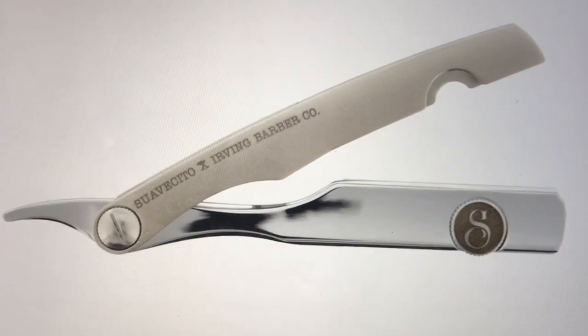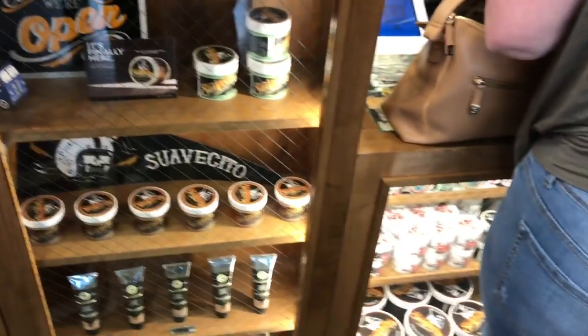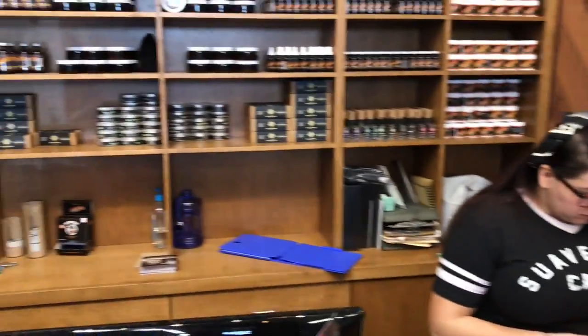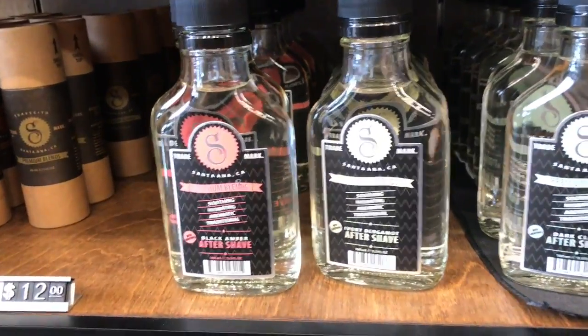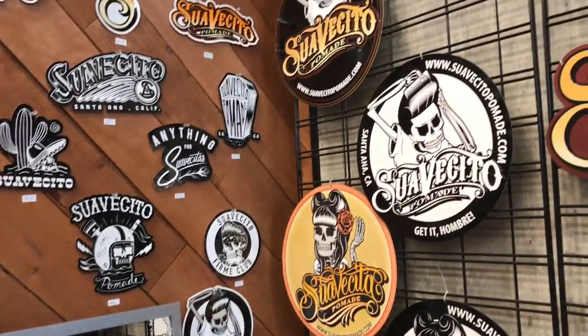I'm not a straight razor guy. I haven't tried that yet, but they had 4 razors on their site that were just fantastic. In fact, let me show you what it looked like right now. Cool place, I gotta tell you. All right, so